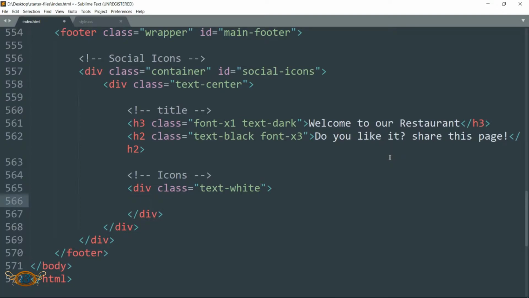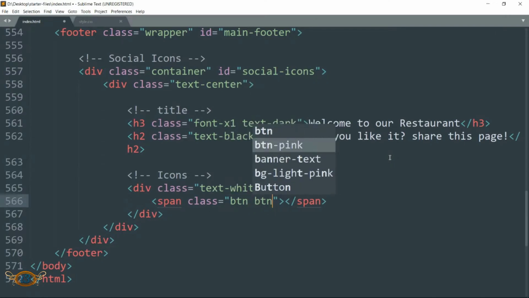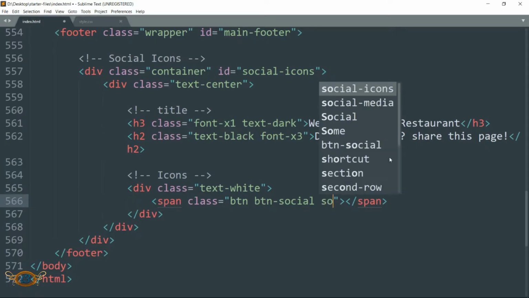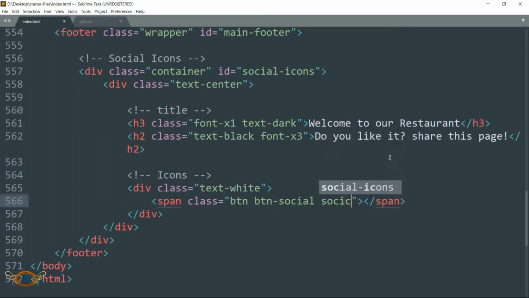Then get inside and create span tag and class btn btn-social soc-icon-bg-facebook mx-2. We have already seen this btn class, which is used to define a button, but since